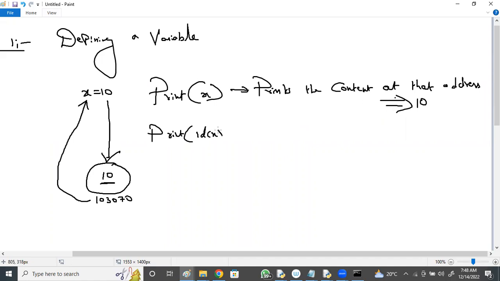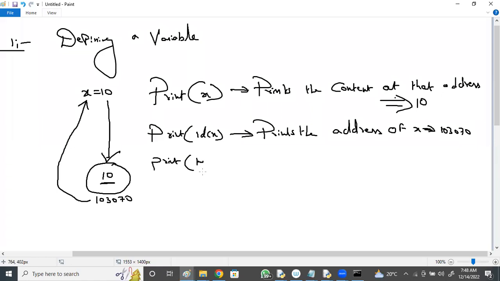Print id of x, if you want to print the address, prints the address of x.